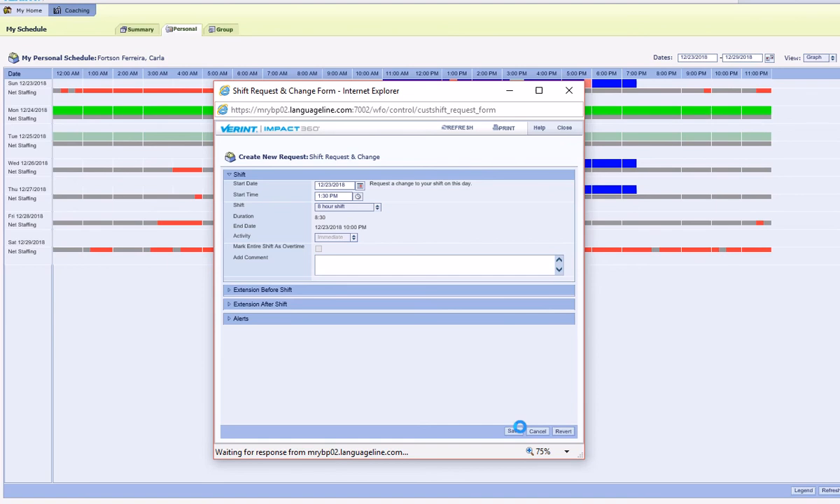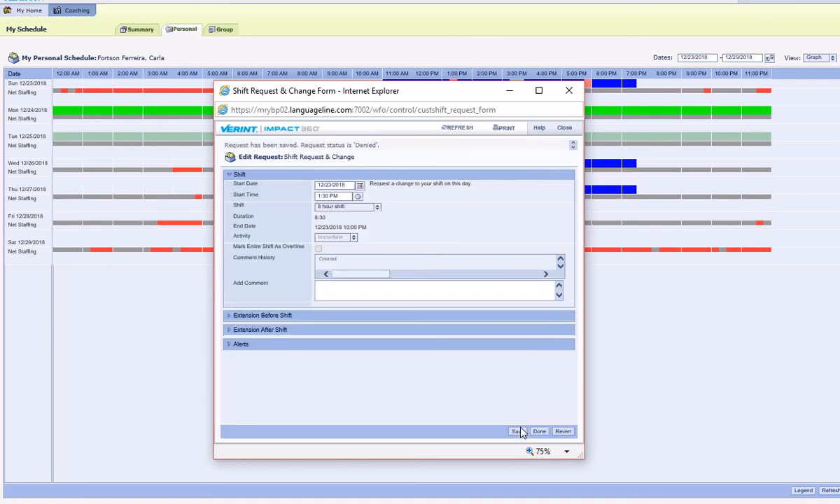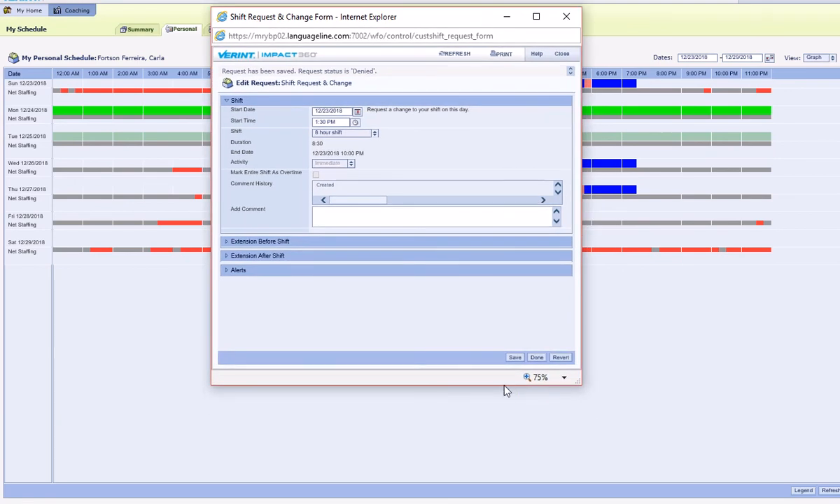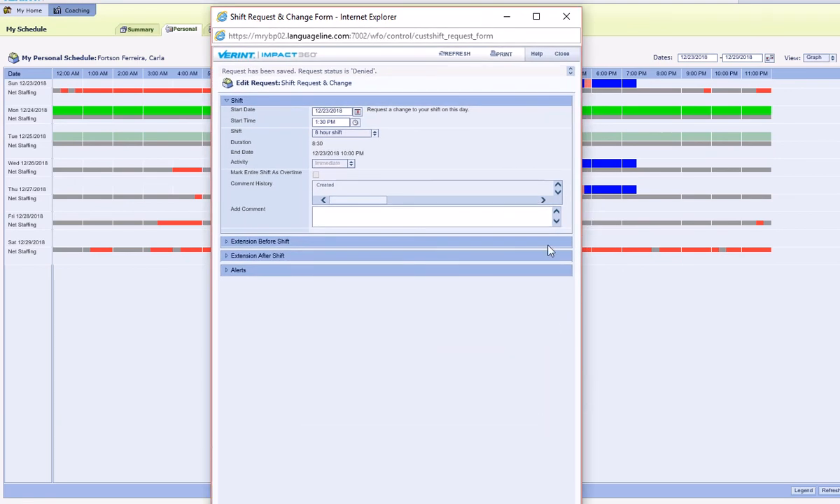I put save and I'm waiting and crossing my fingers, and it's denied. Now when you do it this way, one of the good things is it tells you right here in this comment history why. So automatic, it violates the net staffing requirements. That's a problem. Yes, so it's telling me that